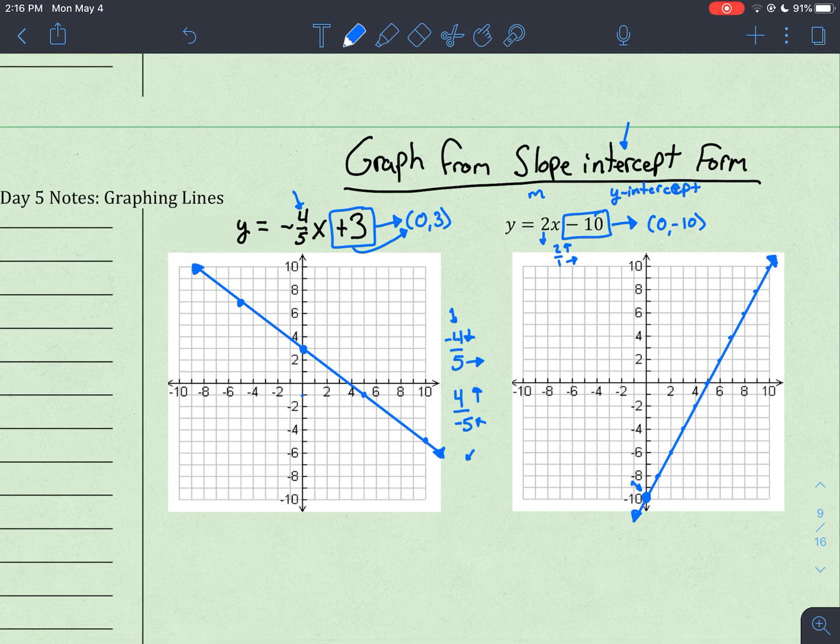So that is graphing from slope-intercept form. Use your y-intercept as a starting location and use your